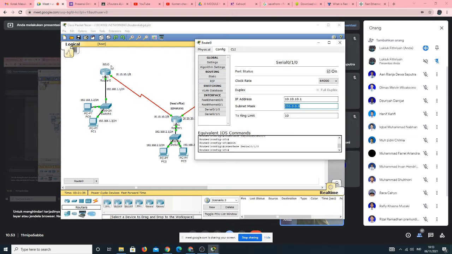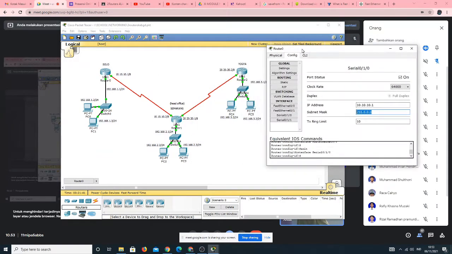In this connection, when router Solo sends packet data to the LAN Jogja, the packet data from LAN Solo will travel through the router Semarang first, and then from Semarang it will be forwarded to the router Jogja. So LAN Solo cannot send the packet data to the router Jogja directly because there is no connection between them.